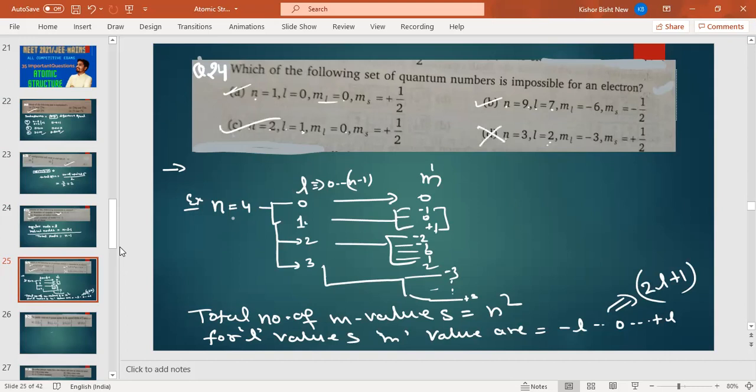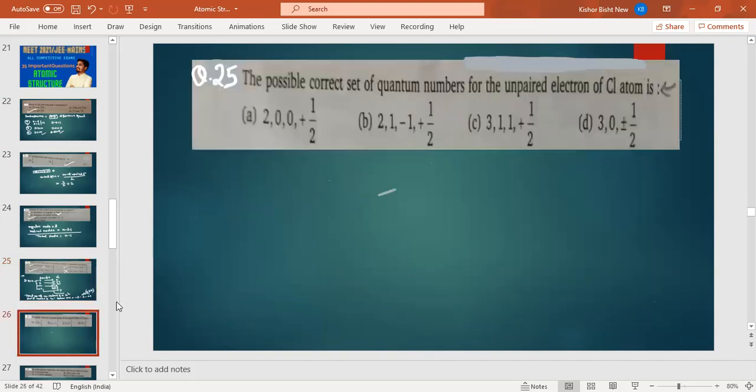It is not possible. If l value is minus 2 to plus 2, here the ml value is minus 3. So this one is not possible. Come to next. The possible correct set of quantum numbers for the unpaired electron of Cl atom is, here you